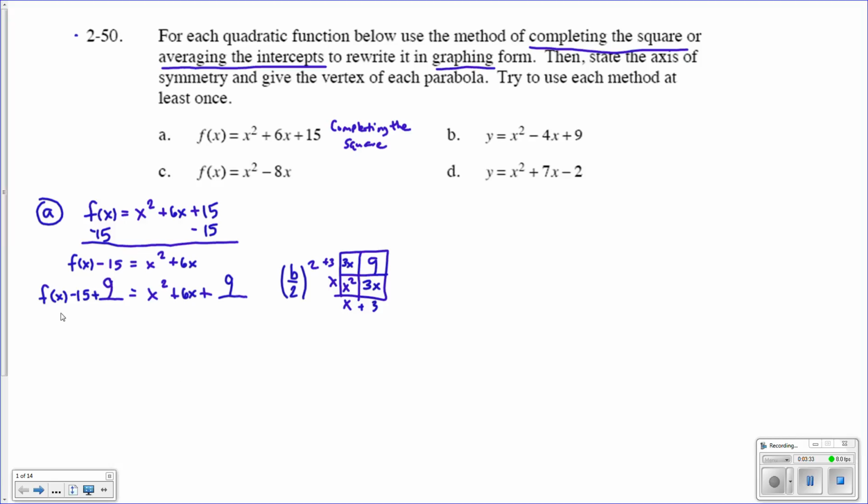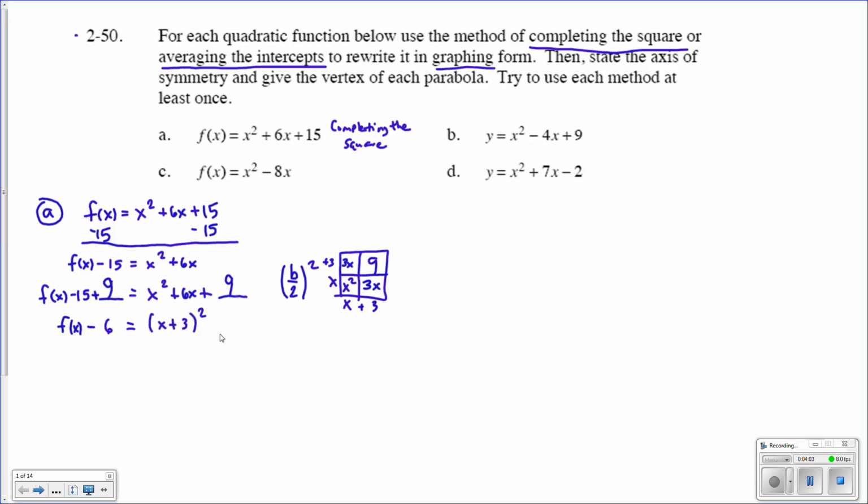So the next step here, we're going to simplify the left side. Negative 15 plus 9 is going to give us negative 6. So we have the function f of x minus 6 is going to equal. And the whole reason we did this is so that we can factor this into a binomial that is squared. So, as you see from the generic rectangle here, we're going to end up with the quantity of x plus 3